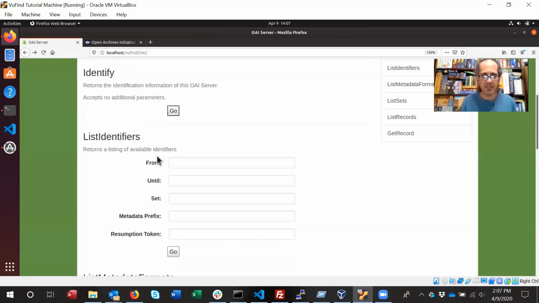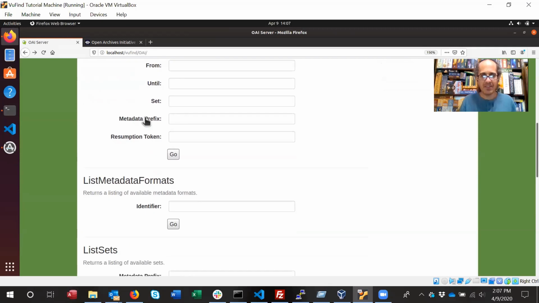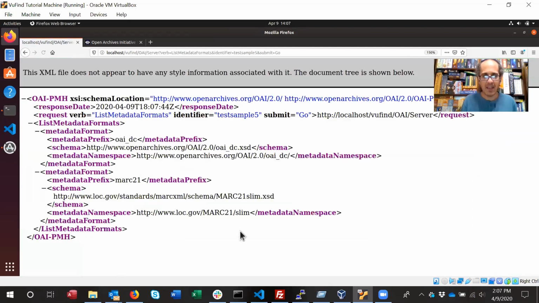Of course, much more interesting is finding out what kind of metadata formats are supported by an OAI-PMH server. As I mentioned before, they always support Dublin Core, but different formats may be supported by different servers. So in VuFind's case, I'm just going to put in the ID of one of the records in the index and find out what formats are supported. So here is the OAI-DC, which is Dublin Core, but you'll also see there's a MARC 21 format supported. So MARC XML can be dumped out of this system as